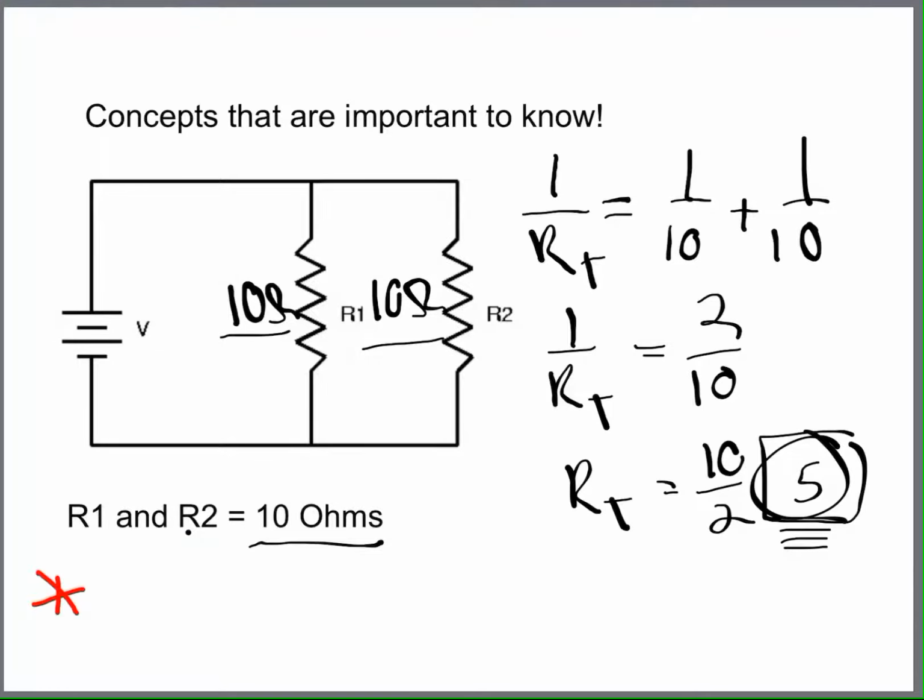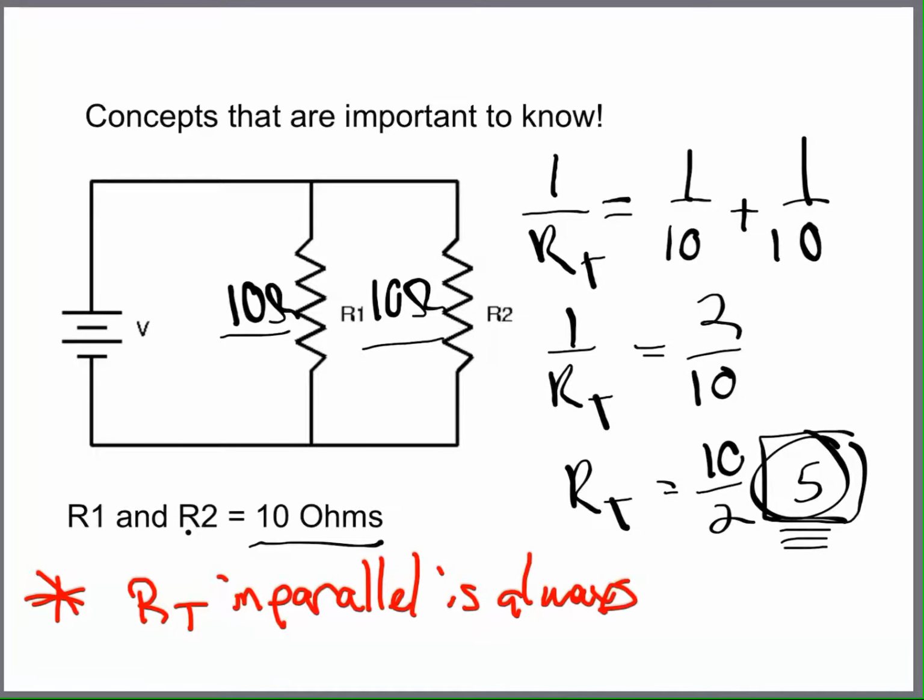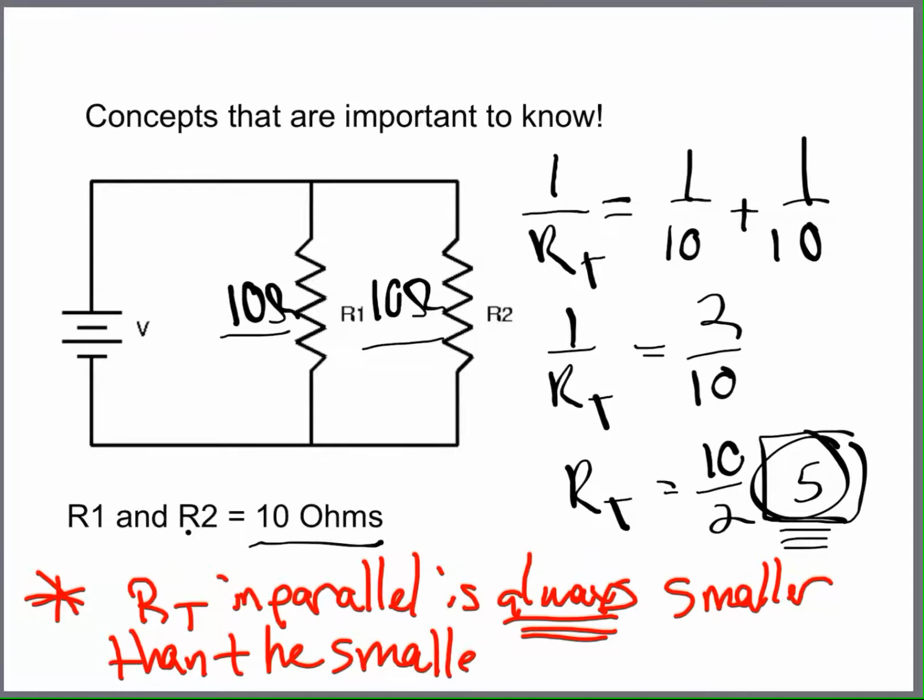Okay. Now, our total in parallel is always smaller than the smallest resistor. This is really important to know because this is going to come in handy when you're asked a multiple